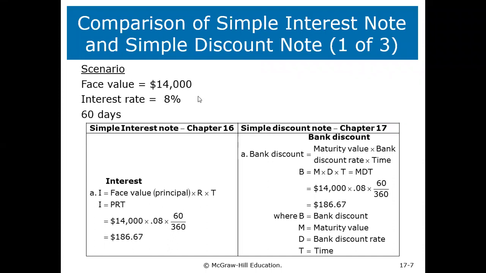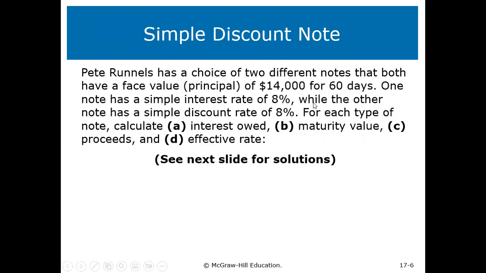How about the bank discount? Let me go back to the problem. What was the problem? One note has a simple interest rate of 8%, while the other has a simple discount rate of 8%. So you notice a difference. I hope this is clear to us. For the simple interest,